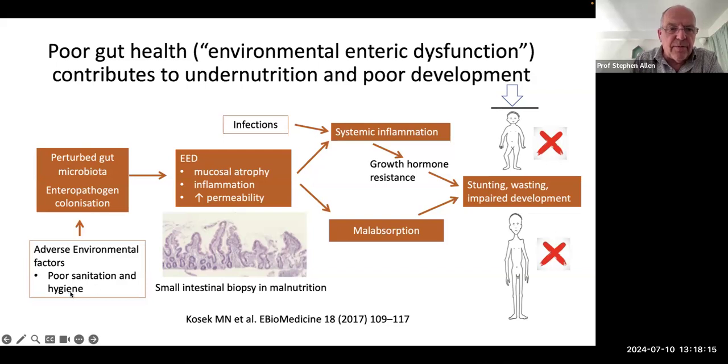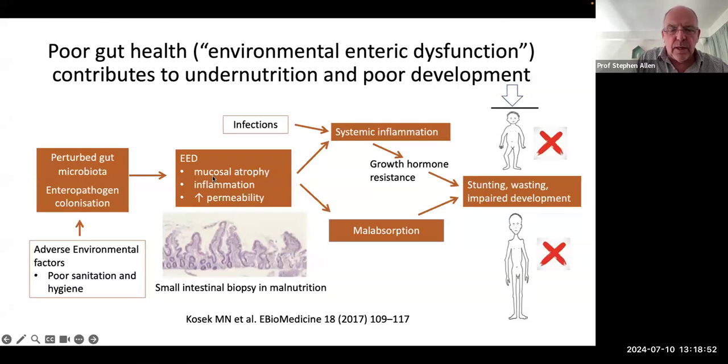We know that adverse environmental factors, particularly poor sanitation and hygiene, but also exposure to antibiotics, cesarean section delivery, and poor feeding practice, perturb the gut microbiota, even in very young babies who are exclusively breastfed. And this results in enteropathogen colonization. We know from the MAL-ED studies and other studies that pathogens enter the gut, even in very young breastfed babies. They don't necessarily cause diarrhea, but they adhere to the gut mucosa and cause the lesion that